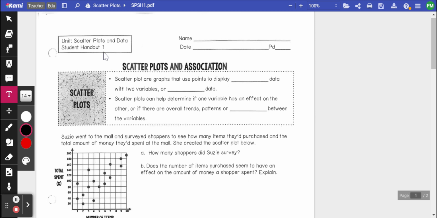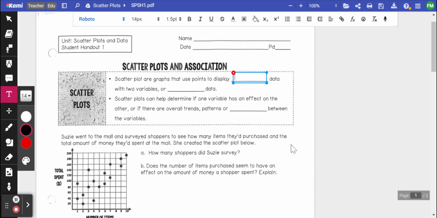So, scatter plots and data, student handout one. Going to throw in a text box here. Bam. Okay, scatter plots are graphs that use points to display numerical data with two variables, or what we call bivariate data. Bi meaning two, variate standing for variable. Scatter plots can help determine if one variable has an effect on the other, or if there are overall trends, patterns,